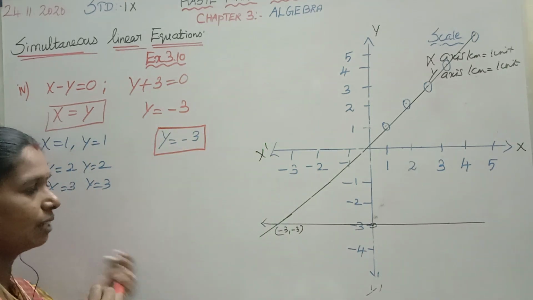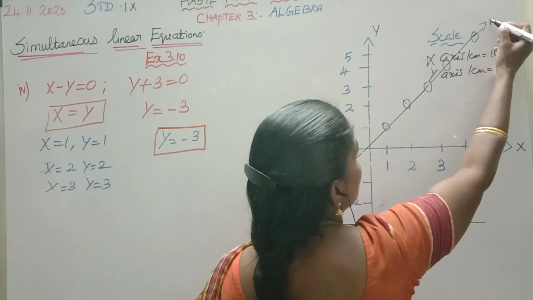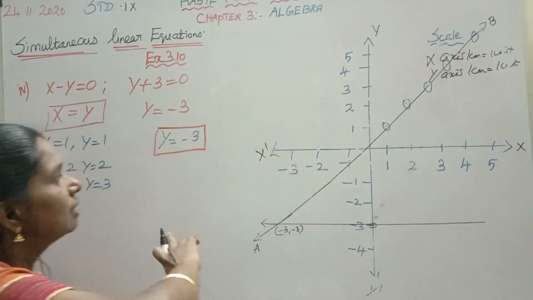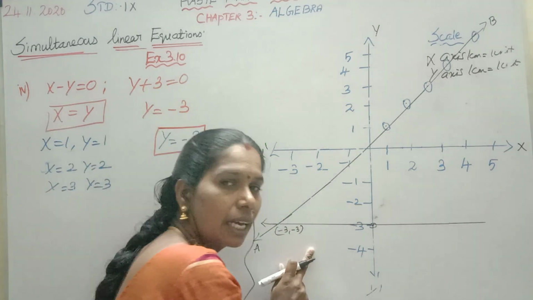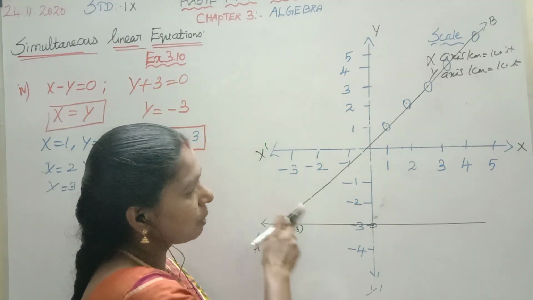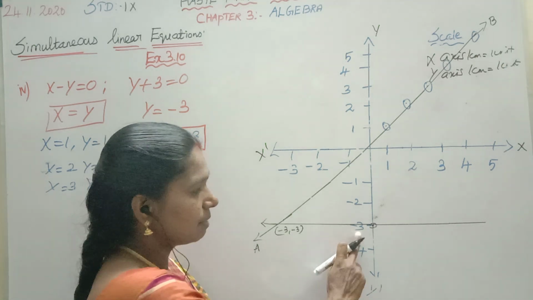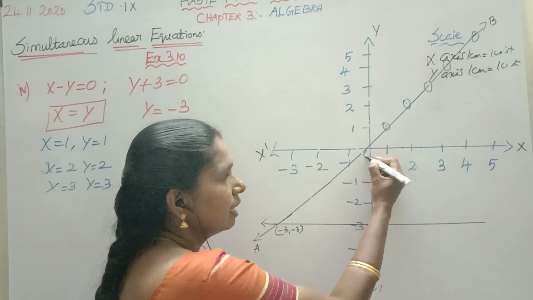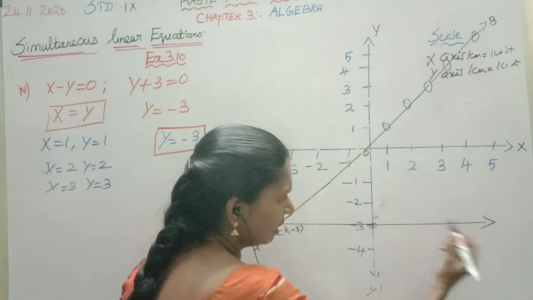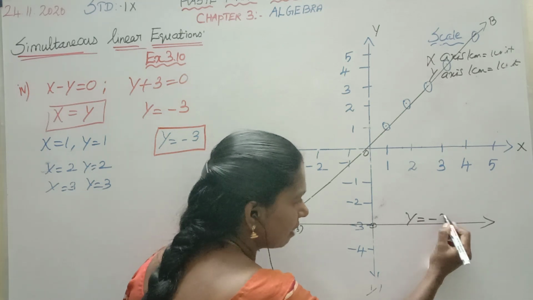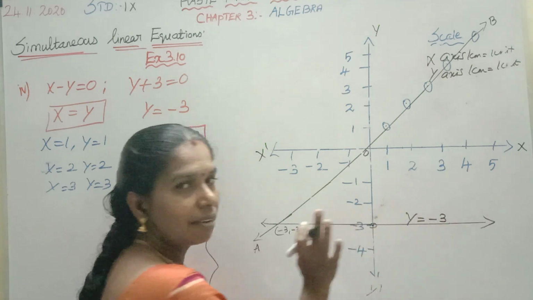And you make the line on this. This is AB you take. Just for approximation I am doing. Then y equal to minus 3. You know that y equal to minus 3 is the line parallel to x axis, isn't it? y equal to minus 3 is on the negative part of the y axis, below. You put the scale and draw the line. Because what is the equation of this line? The equation of the straight line is y equal to minus 3.